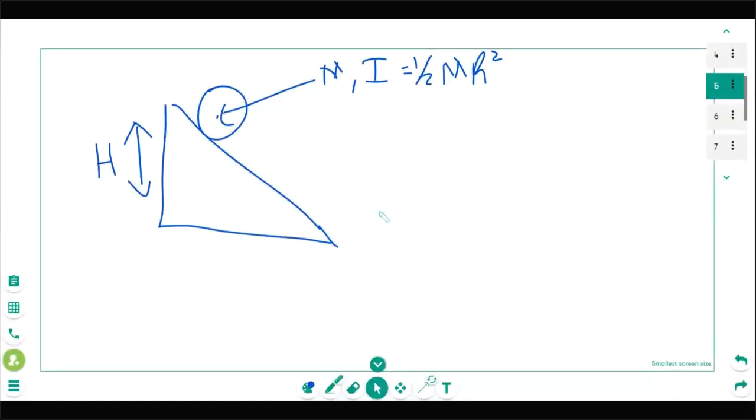So there's basically a couple different ways they can do this. They can talk about this ramp having friction or not. If we don't have friction, we can just do simple potential energy turns into kinetic energy, go from there, right? We can say PE_g turns into kinetic energy and go. This is no friction.